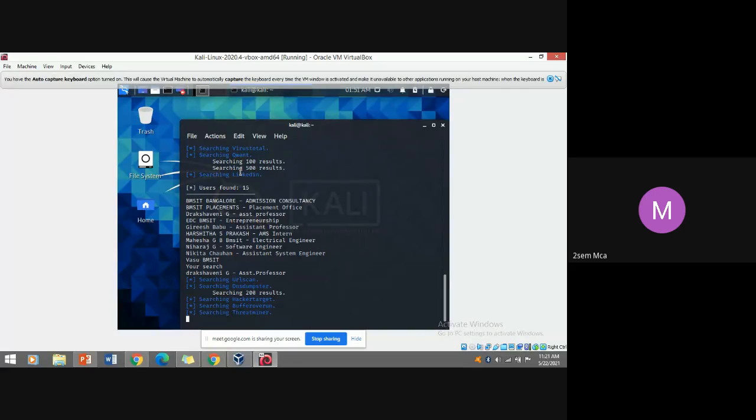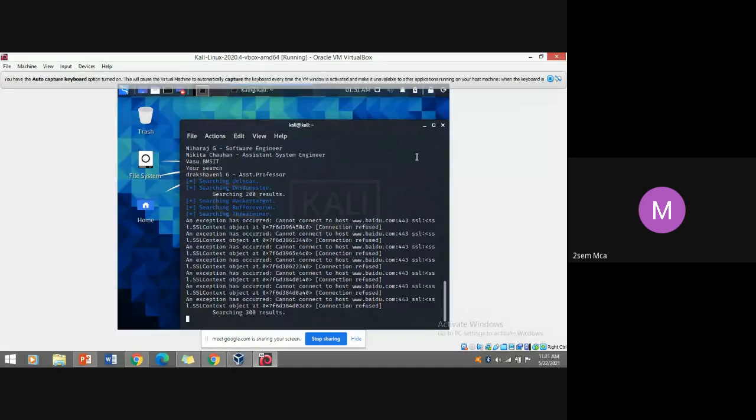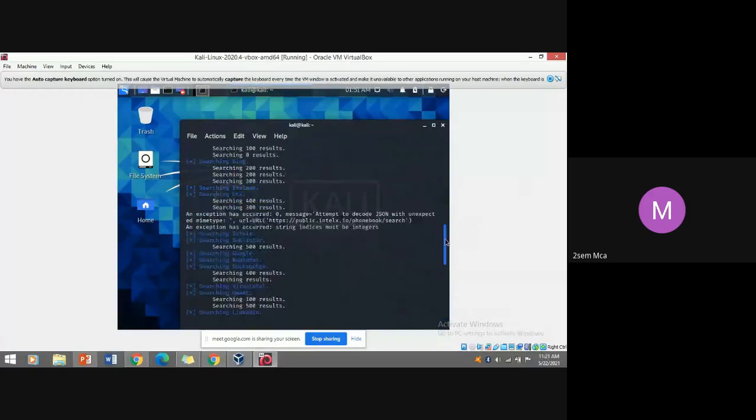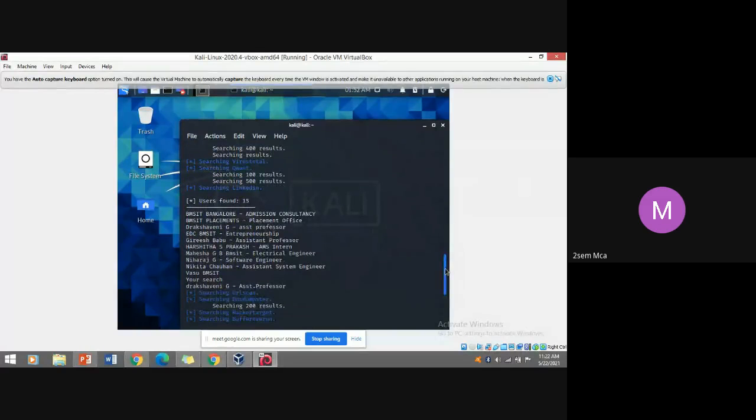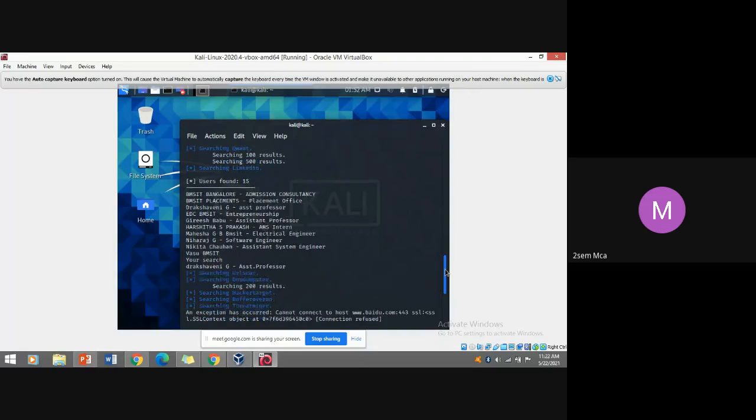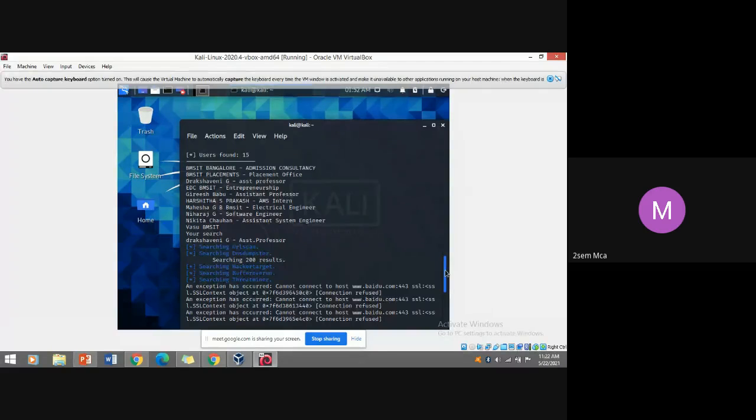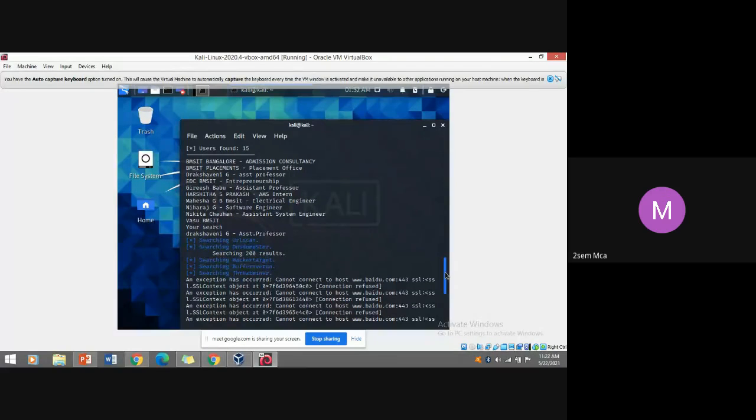BMS IT Bangalore Admission Consultancy, BMS IT Placement Office, Drakshaveni G Assistant Professor, EDC BMS IT Entrepreneurship, Arshita S Prakash, AMS Intern, Electrical Engineer. See, some of the emails are exposed using the harvester tools.